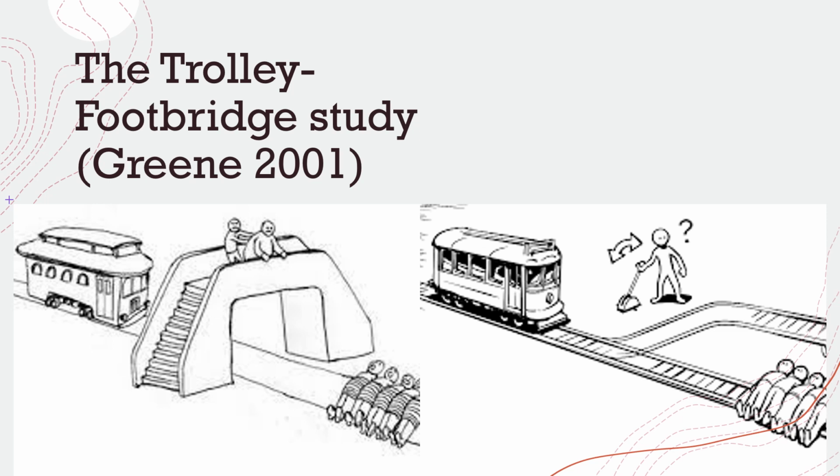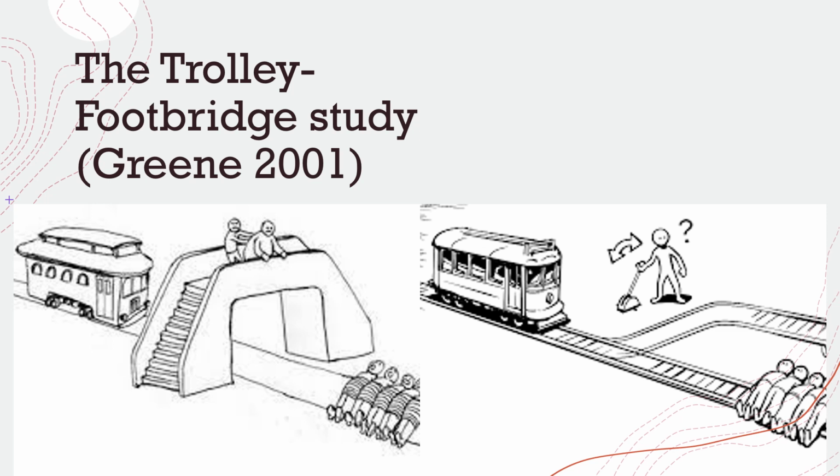In the other case, the footbridge model, a person on a footbridge pushes another person off the bridge. That person will then stop the trolley and of course die as a result, but will stop the trolley before it kills those 4 people who are tied to the track. So it's the personal or impersonal nature of the agent's intervention that's important here.